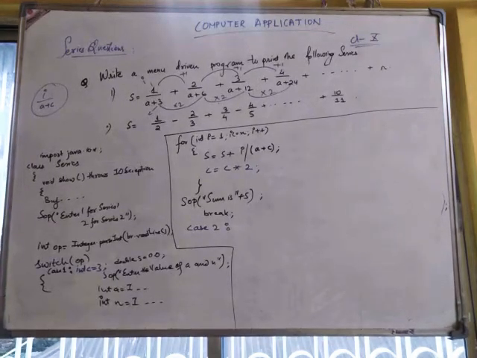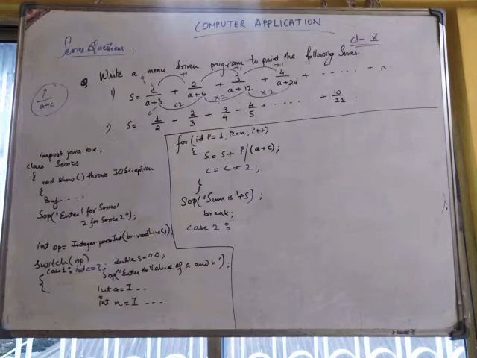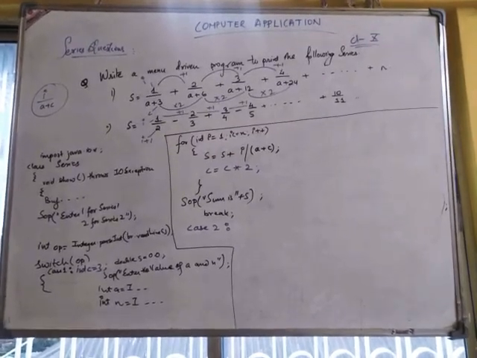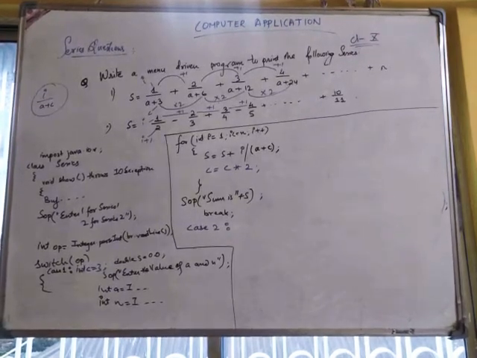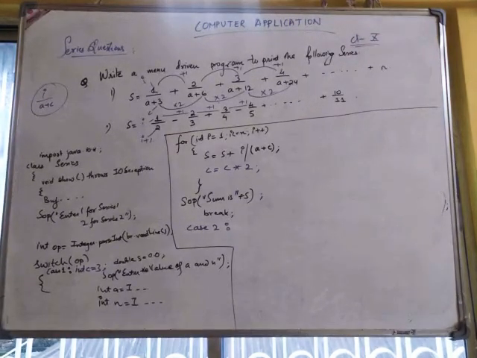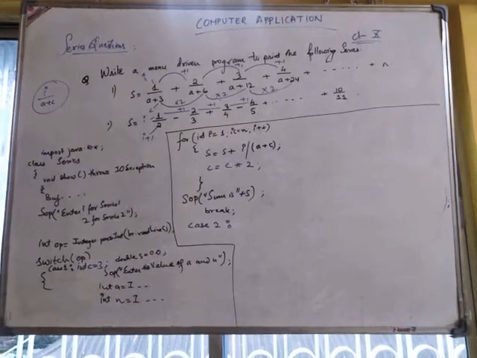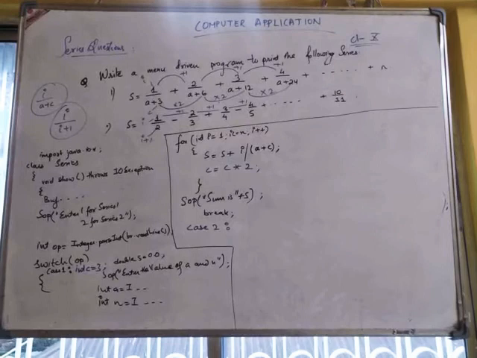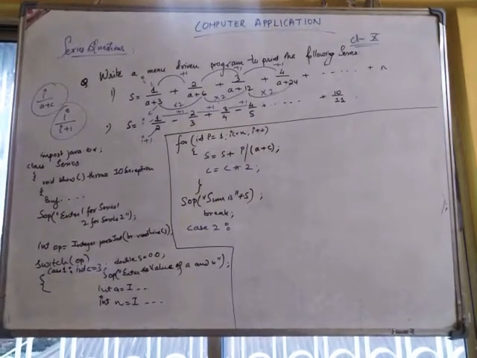Okay, now there is a sequence first. What is the sequence? 1 2 3 4, plus 1 sequence, and down we have 2 3 4 5, but we can relate it with the up term, so the down term will be I plus 1. If the up is I, down will be I plus 1, and there is a sequence of plus 1. So therefore my universal term will be I divided by I plus 1. I divided by I plus 1 is the universal term in this question. But the problem here is with the plus minus sign. That we'll see later on.